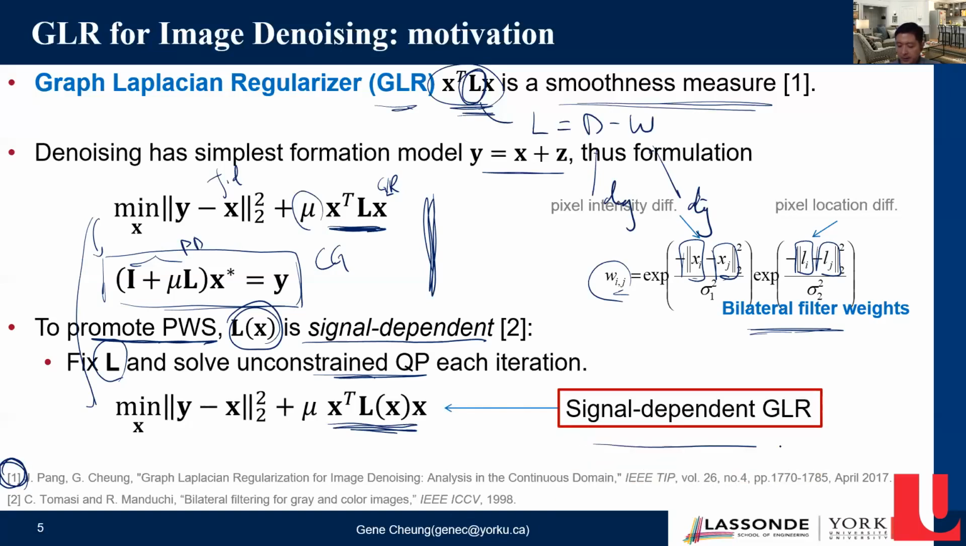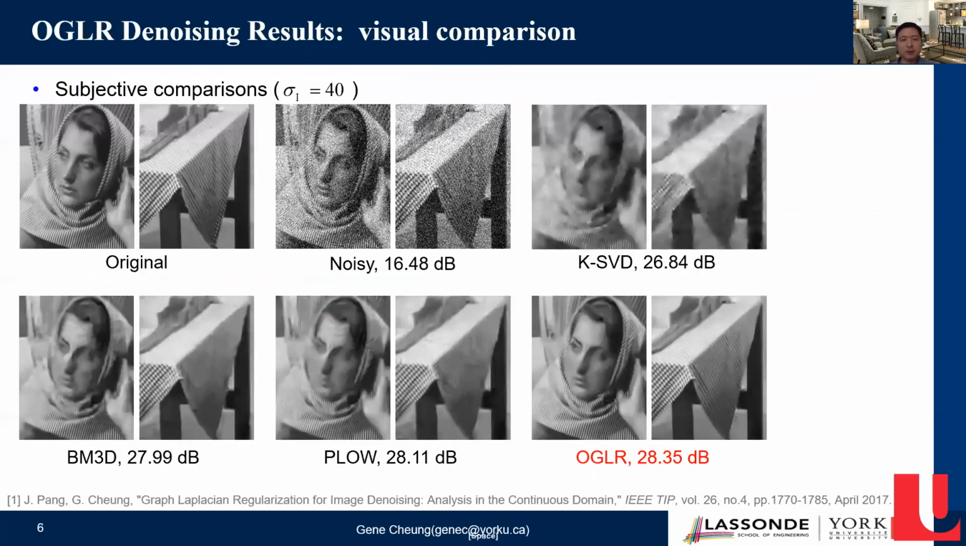Yeah, so again, the emphasis here is a signal-dependent GLR, not just a GLR for a fixed graph. It turns out using this fairly simple signal-dependent GLR, you get pretty good denoising performance already. This is from the first reference, a few years ago already. And you can see, compared to state-of-the-art model-based denoising algorithms such as BM3D, we actually